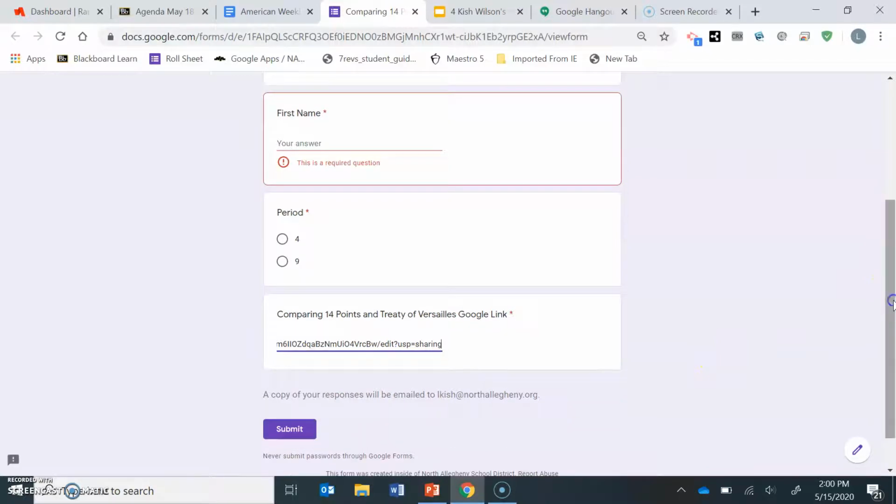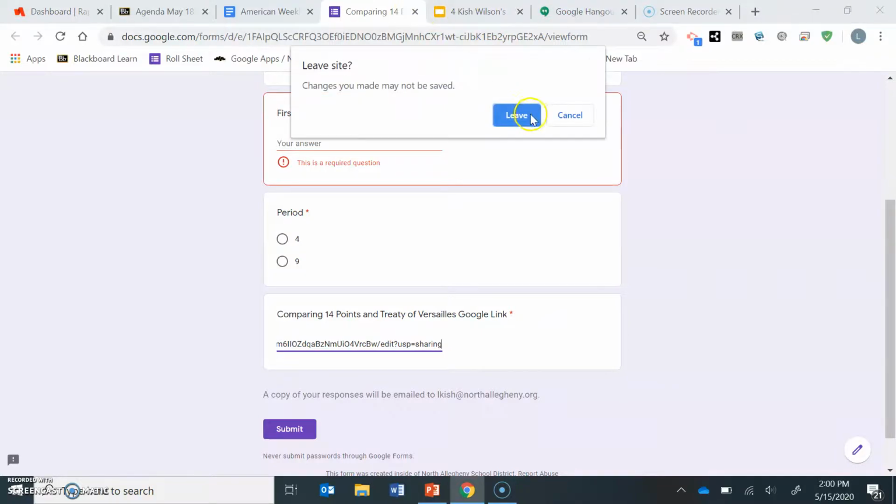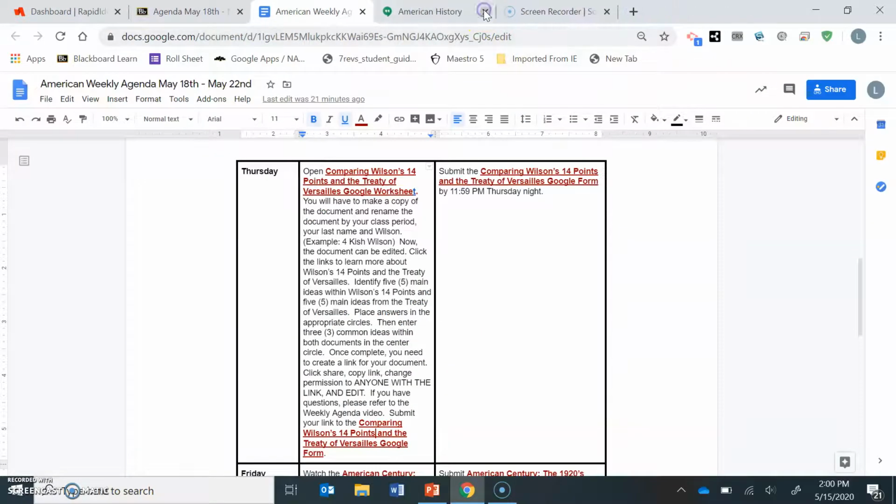Now, this is just a nice, easy way for me to get all of your information in one place because it makes a wonderful Excel spreadsheet that I can just click on the links, and I don't have to get each of you individually sending me this document. It just goes to one place and then I can get it. So that is your Comparing Wilson's 14 Points and how to submit it